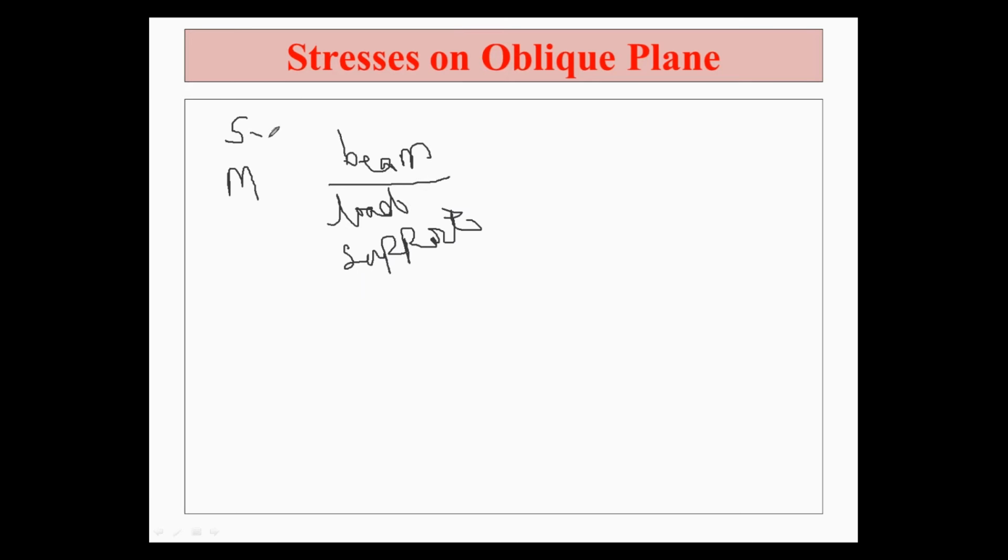For the beam it is shear force and bending moment, and in unit number 3 we also have the slope and the deflection of the beam. Slope is equal to theta, and deflection is equal to y. So the beam is related to two things. First, the shear force and bending moment, where we determine S and M. After that, in slope and deflection, we determine the slope and the deflection.